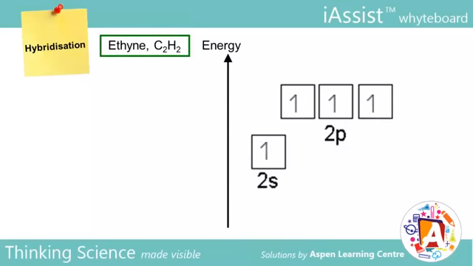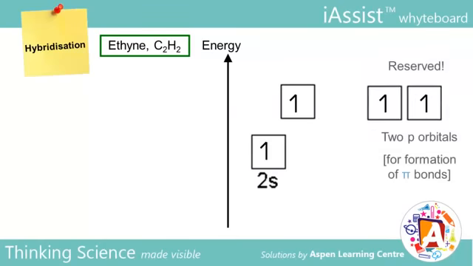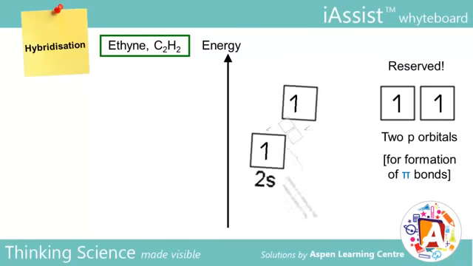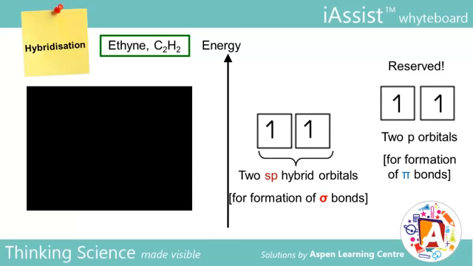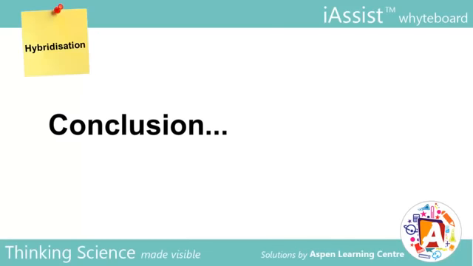Finally, we quickly consider ethine. Ethine has 2 sigma and 2 pi bonds, so each C atom reserves 2 2p orbitals each for forming the 2 pi bonds, while having the remaining 2s and 2p orbitals undergoing hybridization. The end result is a simple linear shape for ethine, its C atoms being sp hybridized and its sigma bonding orbitals being sp orbitals. Now, we draw important links of C hybridization with our fruit juice analogy earlier and consolidate